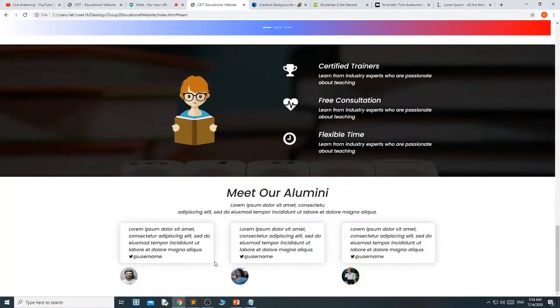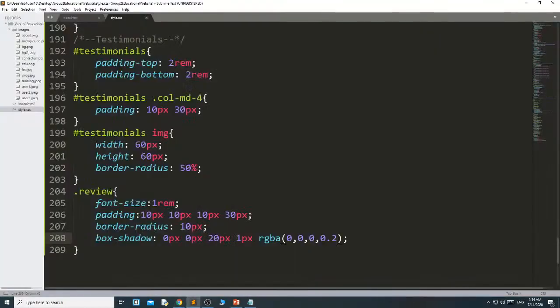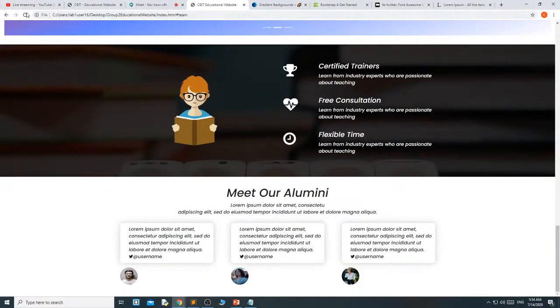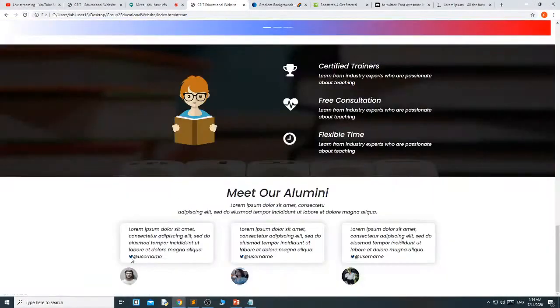Okay, now I want to change the color of this Twitter icon and username. Then here dot review dot fa-twitter, color has 013F7E, 013F7E. Okay, the color changed.